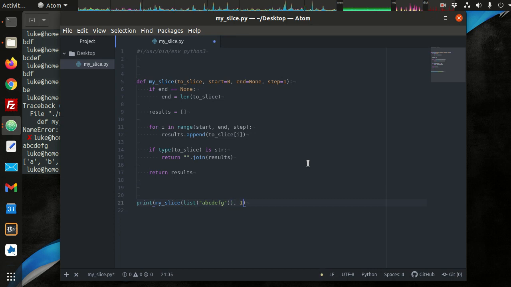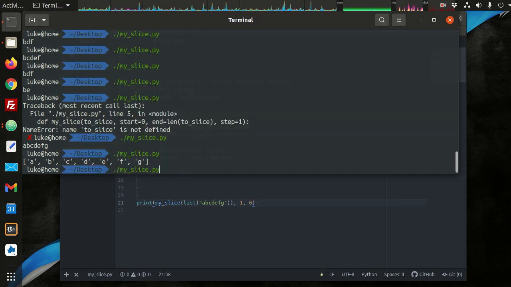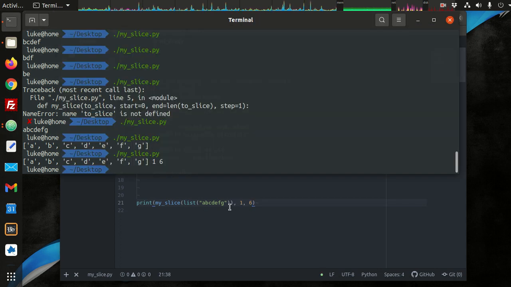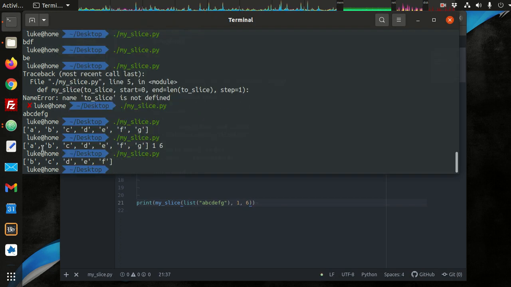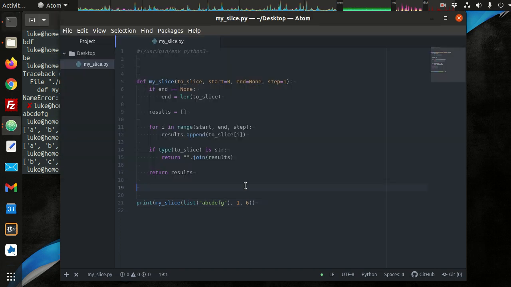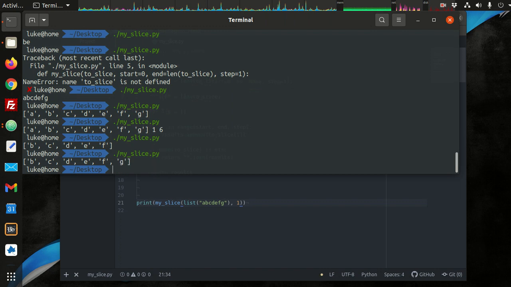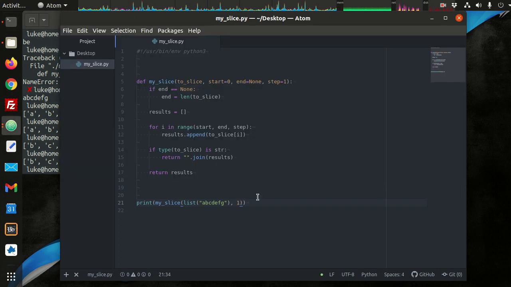I can try it passing in slice numbers. We want to go from 1 to 6. Oh, I got that in the wrong parentheses. 1 to 6. Okay, so B to F. If I leave off the 6, it's going to go B to G. Now what if I want to leave off the end? Since these are arguments,